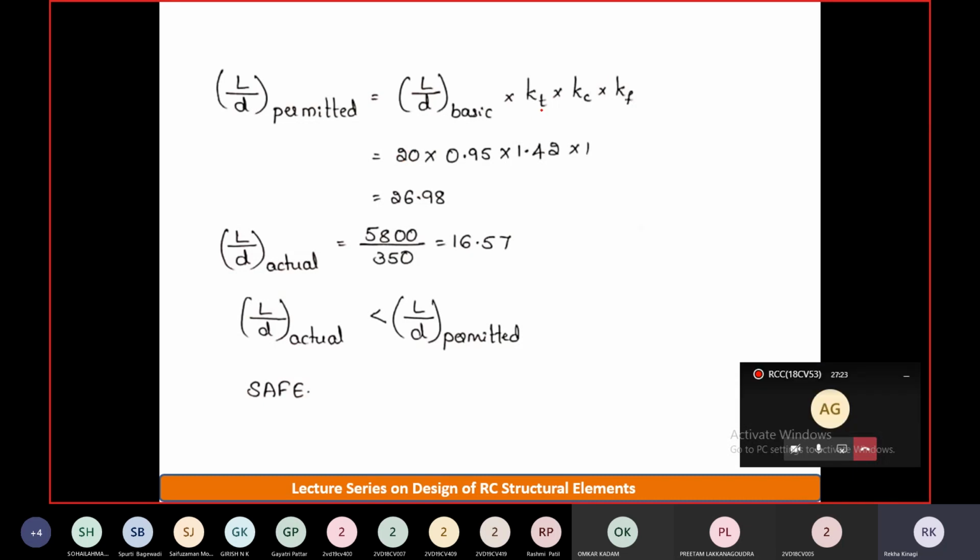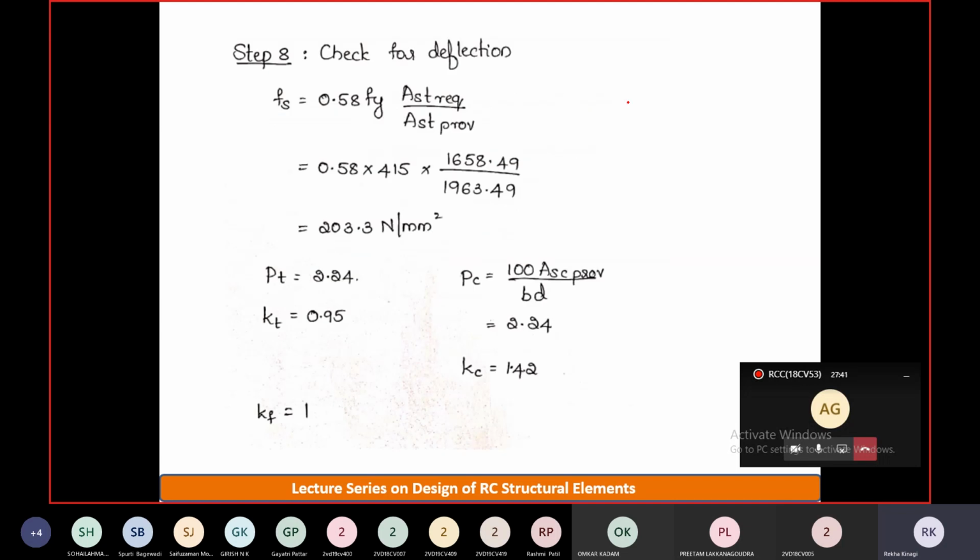KT refers to modification factor for the tension reinforcement. KC refers to modification factor for the compression reinforcement, and KF refers to modification factor for the flanged section. So now we need to calculate all these three modification factors. In order to calculate the modification factors, we need to refer to figures 4, 5 and 6. From the figure 4,